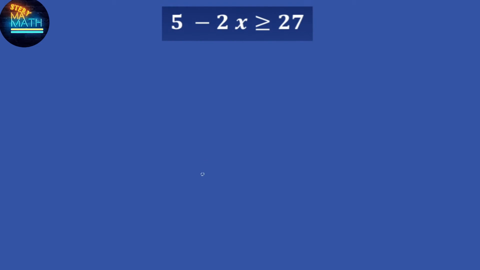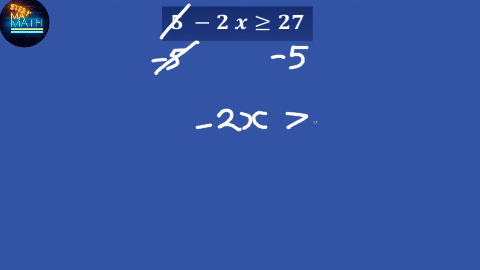And here, you can pause the video here and solve it by yourself. 5 minus 2x is greater than or equal to 27. So I will subtract 5 from both sides. So here's minus 5, and also here minus 5. 5 and negative 5 will cancel out, so negative 2x is greater than or equal to 27 minus 5 is